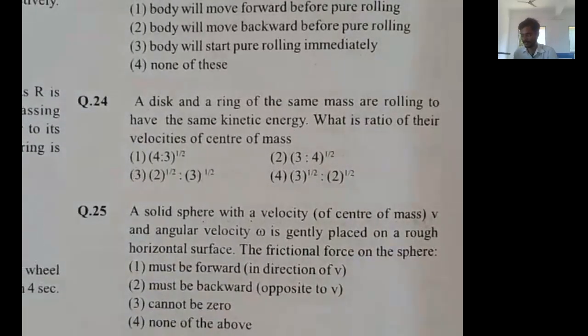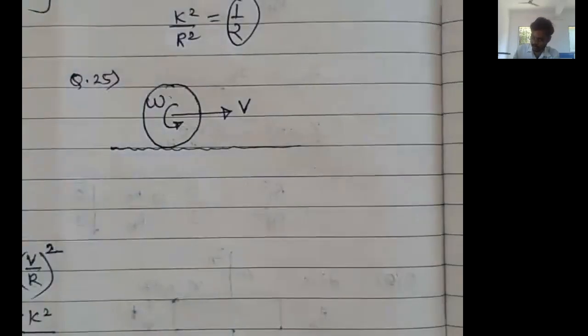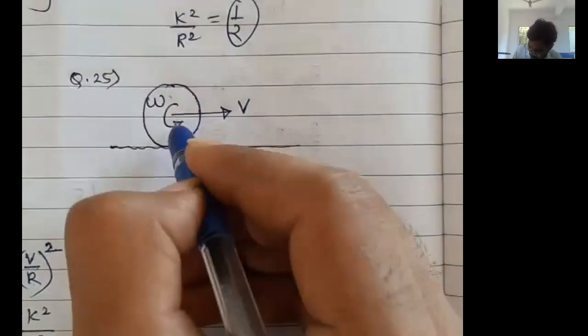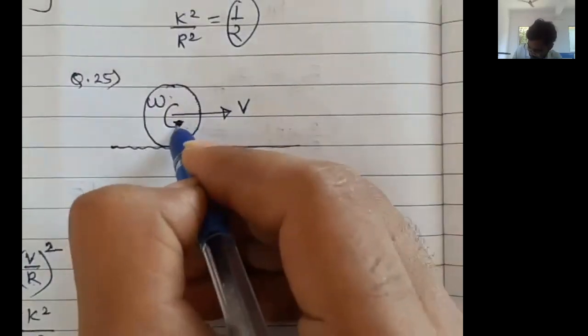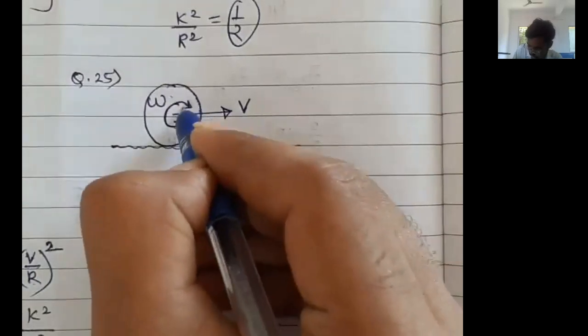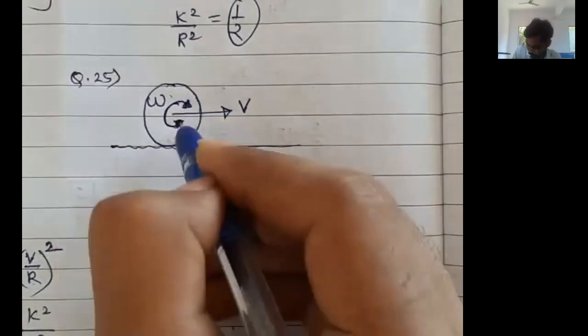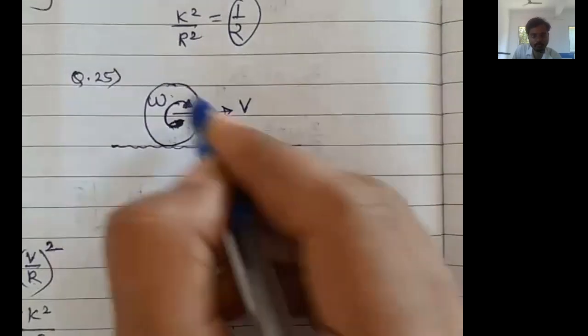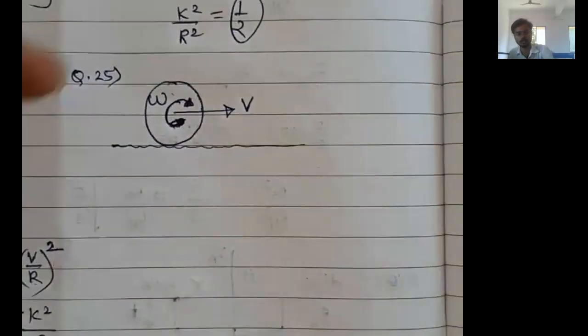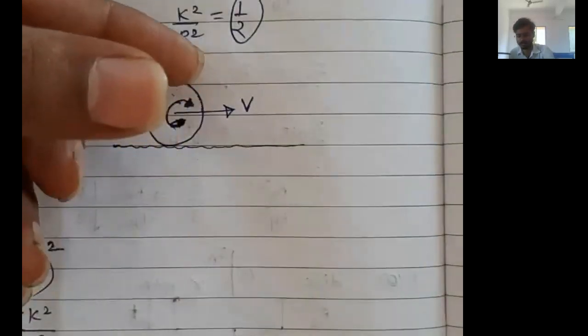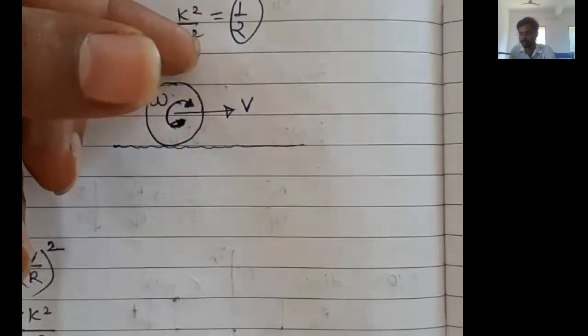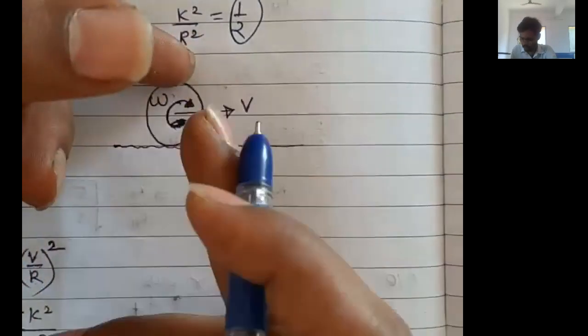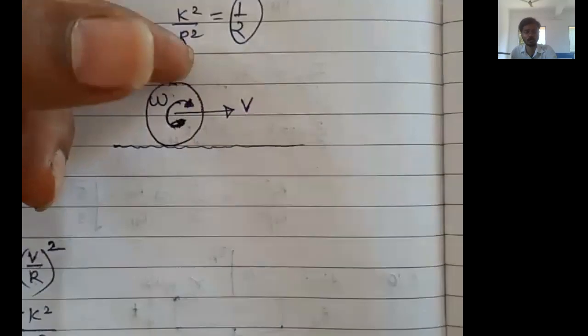Okay, fine. Now let's say angular velocity is something like this. Let's take clockwise angular velocity, which is the general case, not anti-clockwise. A sphere which is already rotating. Let's say I have a sphere which is rotating in my hand, and let's say the hands have no friction. In my hand the sphere is rotating and it is also moving in the forward direction.